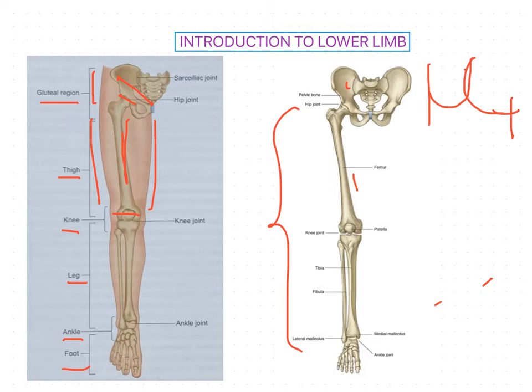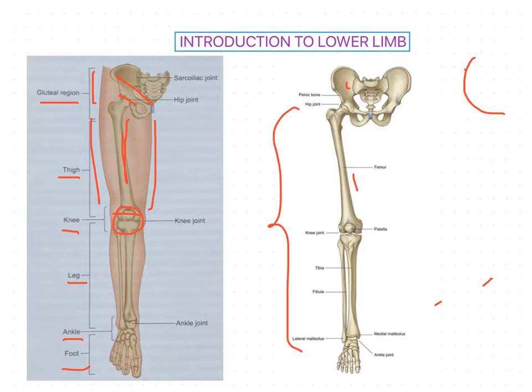Okay, next, coming to the hip region, it is the area of the hip joint and concealed, so that is covered by the more prominent gluteal region, of which technically it is a part. Okay, so this is about the hip region. Coming to the knee region, it is the area of the knee joint, and it is one of the prominently visible parts of the lower limb. It can be clearly seen and we can easily palpate the knee joint also.